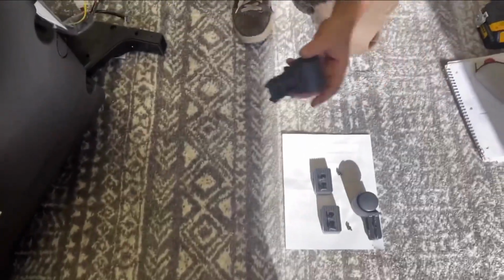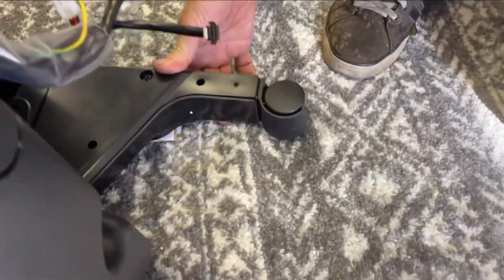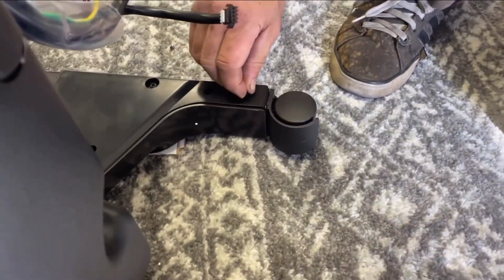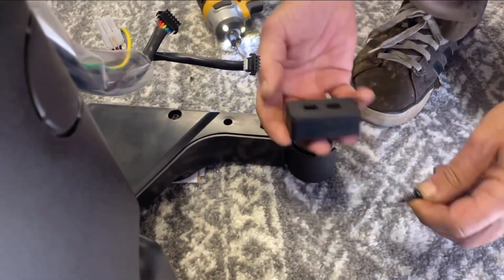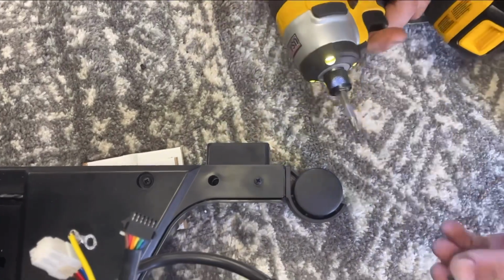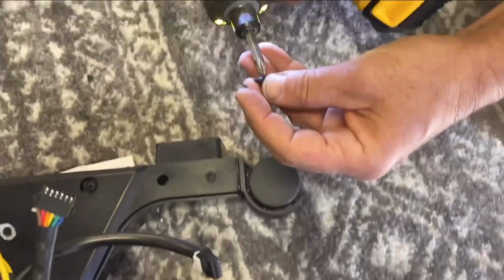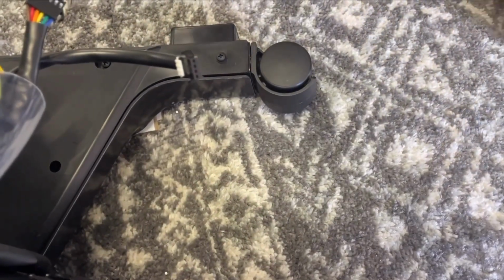First, install the wheel into the slot and attach with the small screw. Next, take the foot, position it underneath with the large screw in the back. Using the small screw, attach that in the front part of the foot. The other wheel installs in the same